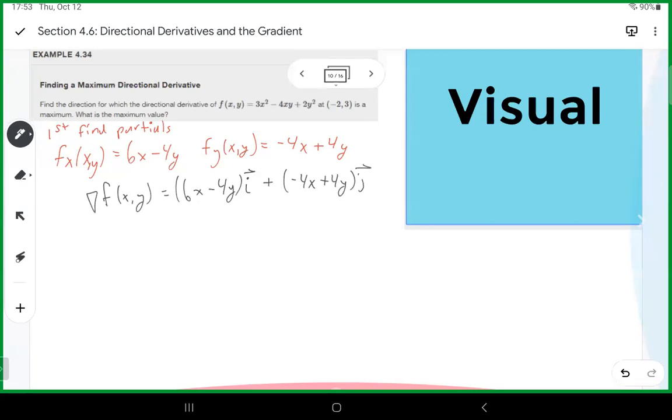So we're essentially going to do this. So that's going to be